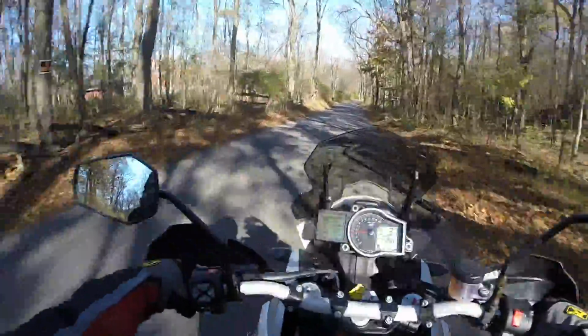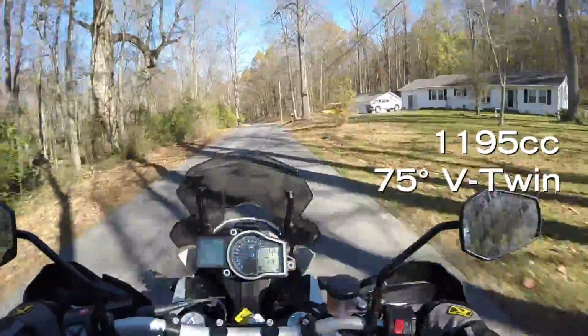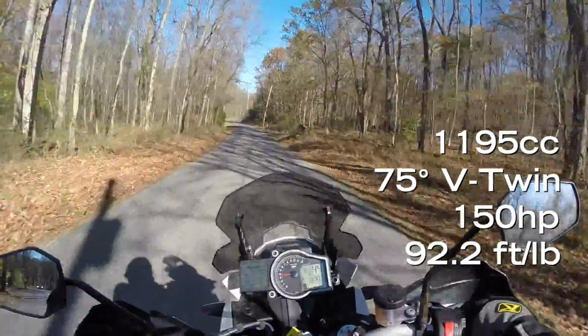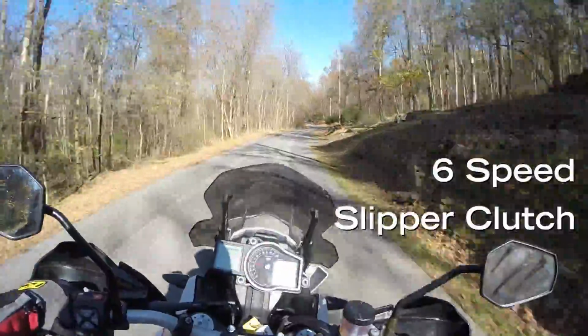Alright, let's start with a few specs on this bike. It is equipped with a 1195cc V-twin that's pumping out 150 horsepower and 92.2 foot-pounds of torque. That's going through a 6-speed transmission equipped with a slipper clutch, and you're finishing it off with a final drive